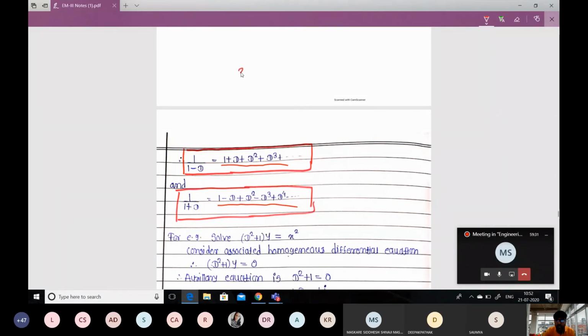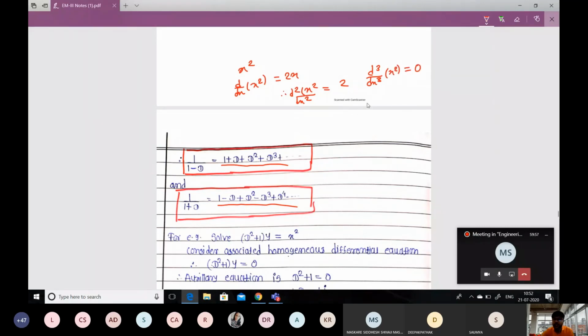Okay, so for example, if you have x square, now you tell me what is the derivative of this x square term. First, if you take the derivative, you will get 2x. And if you take one more time, you will get d2 x square by dx square, it is equal to what? 2. And if you take one more time derivative, that is the third order derivative, you will get d cube by dx cube of x square, it is equal to 0.